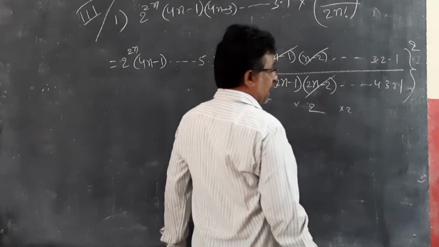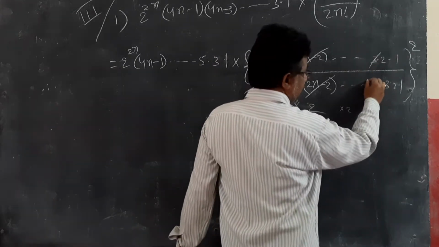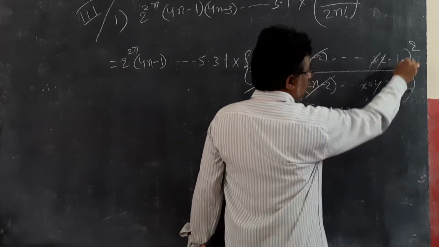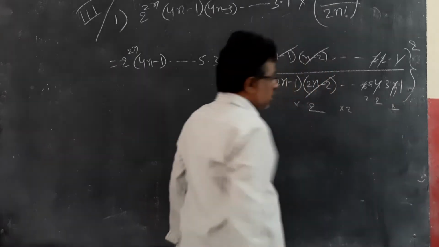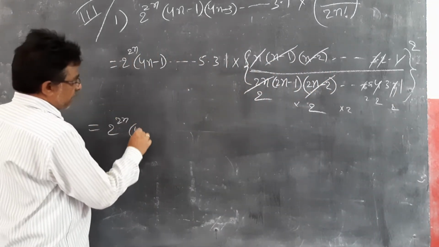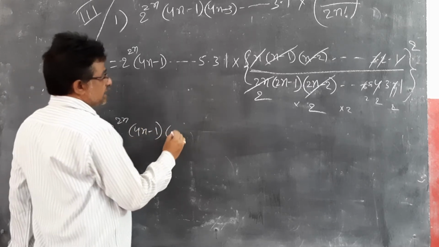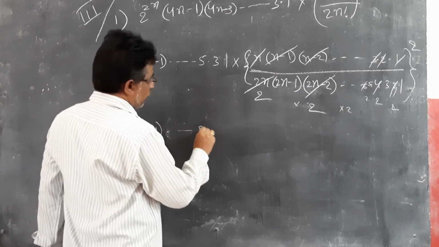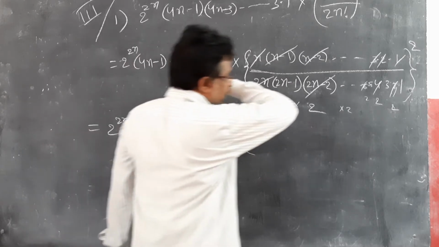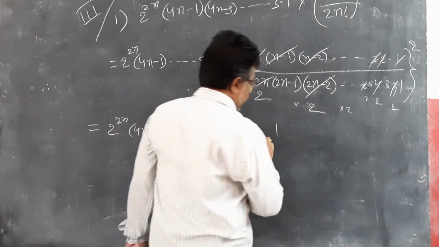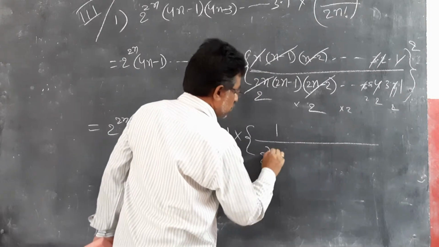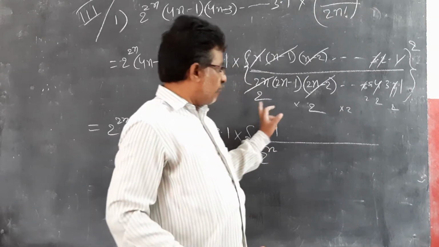And so on, every alternate term again the same. 3 gets cancelled in 6 for 2 times, 2 gets cancelled in 4 for 2 times, 1 gets cancelled in 2 for 2 times. So the same answer: 2 power 2n into 4n minus 1 into 4n minus 3 into and so on till 5 into 3 into 1, and in the numerator every term gets cancelled, leaving 1 divided by 2 into 2 into 2 for n times. So 2 power n. 2n half times 2 get cancelled.